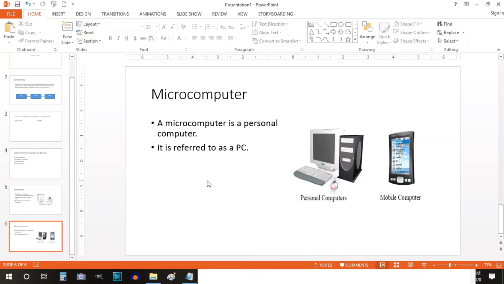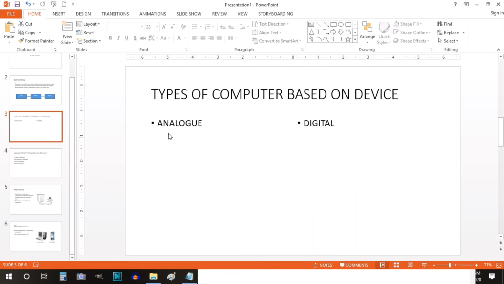Lastly, before we go, if you have a need of inserting your own voice, if you want to record your own voice, you can as well do that. For example, if I click on this slide number 3, maybe if I don't want to write this thing, I can use a voice record to